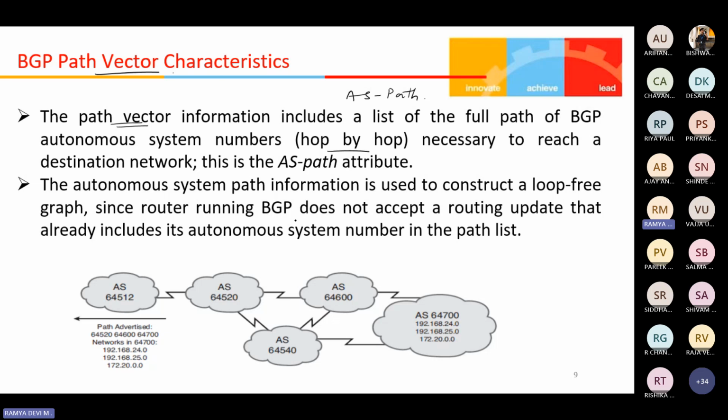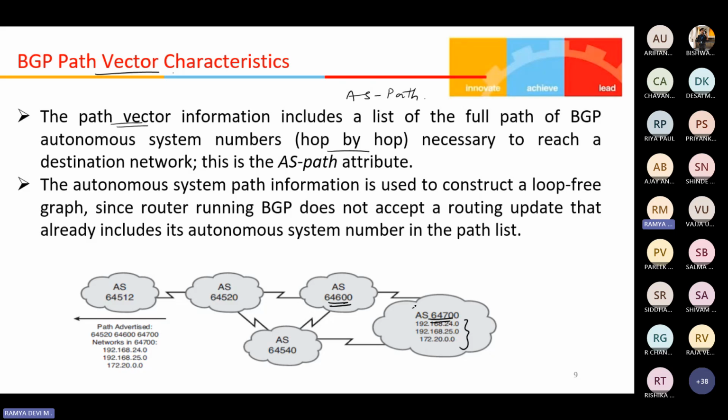Each AS will have the path, and when it goes out, it will be adding its own unique AS number to the AS path list. So before the update moves on, it will be updating that. In this example, AS 64700 contains three networks. So what are the three networks? 192.168.24.0, 25.0, and 172.20.0.0. When it advertises these networks to 64600, which is another autonomous system,